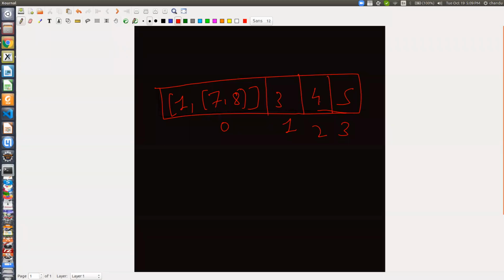So my list was something like this. The memory layout was this. So if you look at the memory location of 0th position, can you see? If I access this list with 0 index, it will return me this one, 1, comma, 7 and 8.